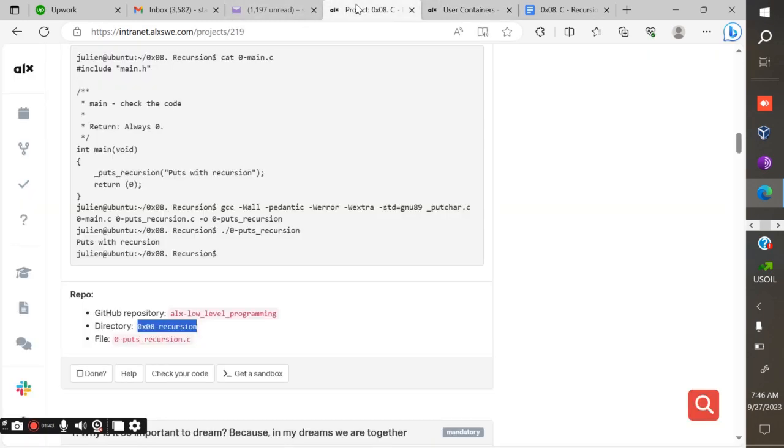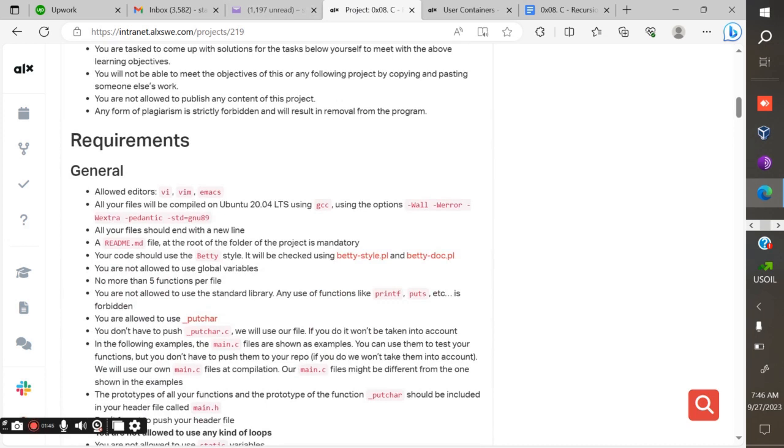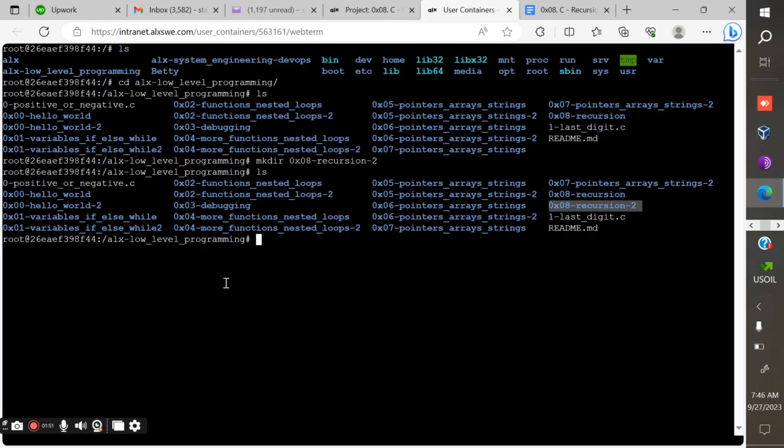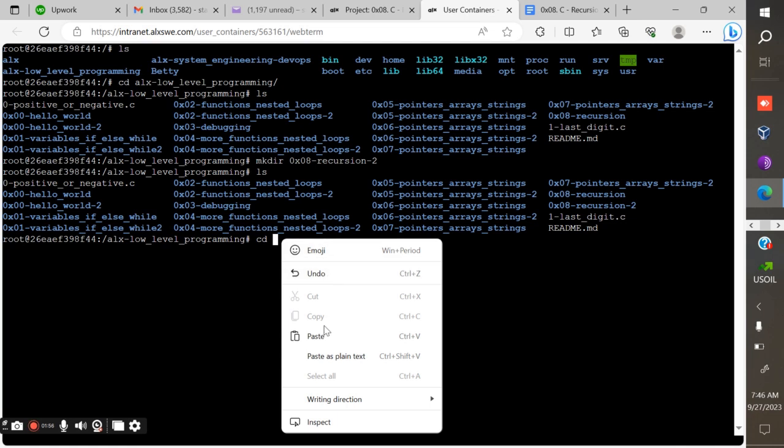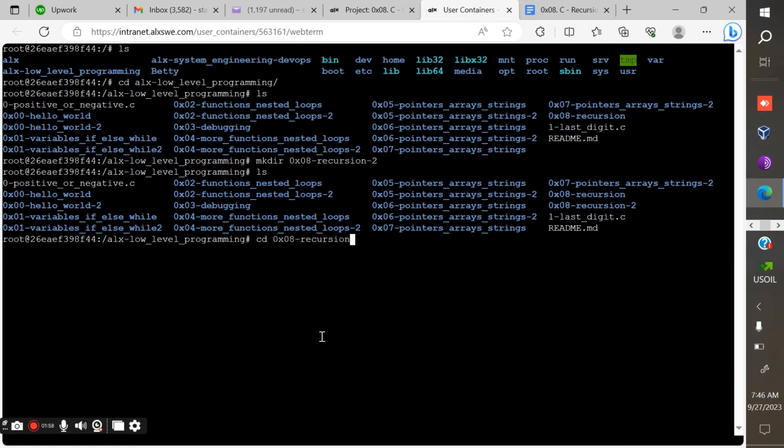So the next step, as per the instruction, I'm supposed to have a readme file at the root of the folder of the project. Okay, so the next part is to open my directory. Let me see whether there is anything inside. As you can see, it is already empty. So as per the instruction, I'm supposed to add a readme file inside that particular folder. So I will use vi